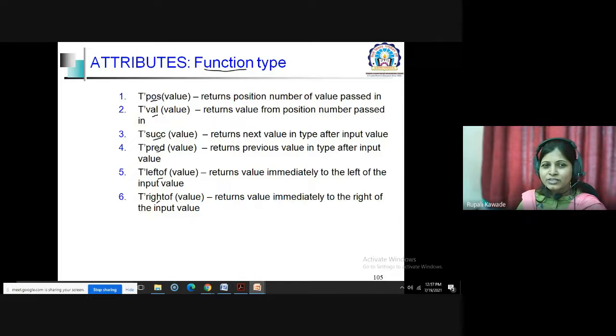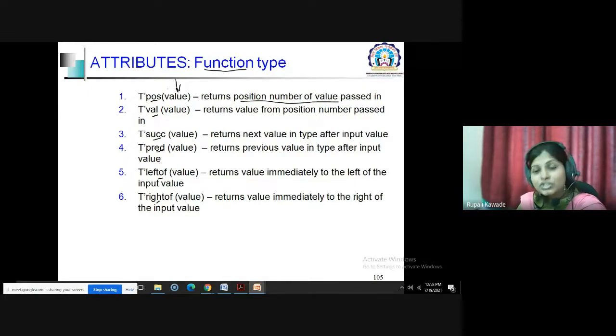Okay, function type. So you can see tick position bracket value, so kind of a function form you can find here. It returns the position number of a value passed in. Means whatever value is passed here as a parameter, its position will be given by that attribute.